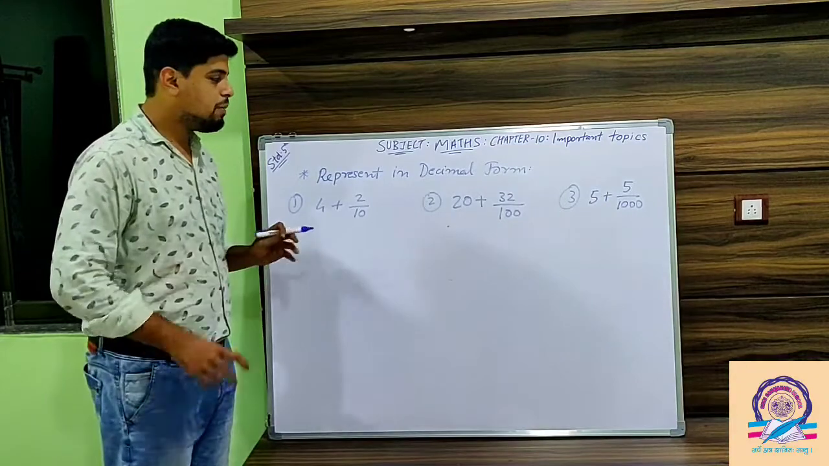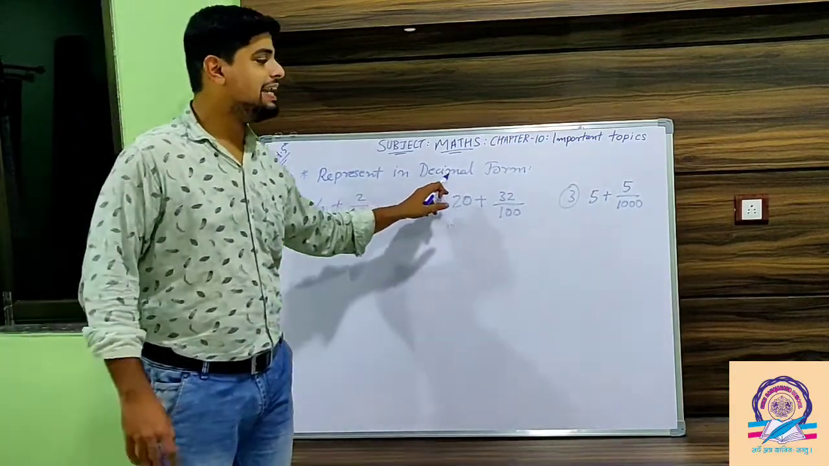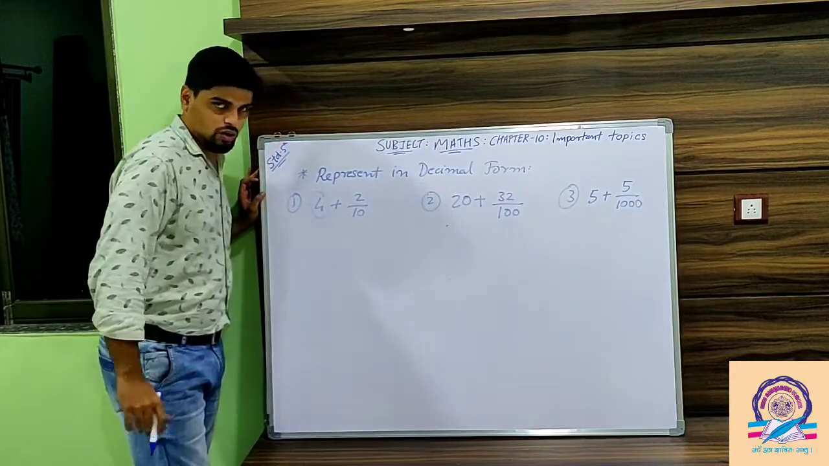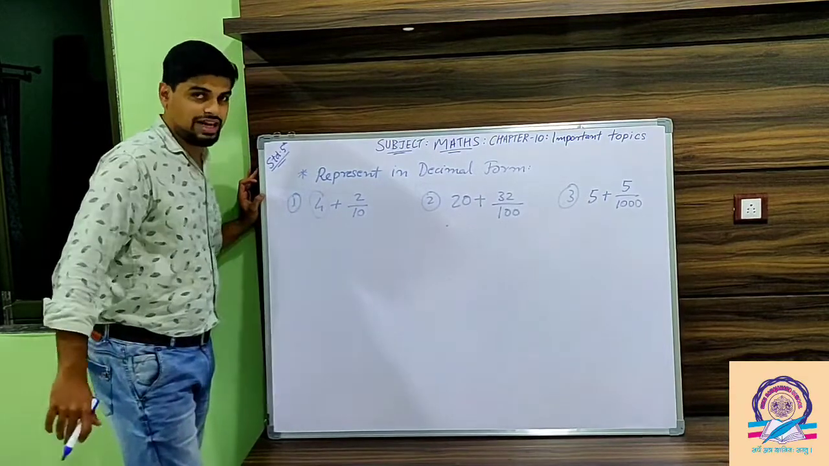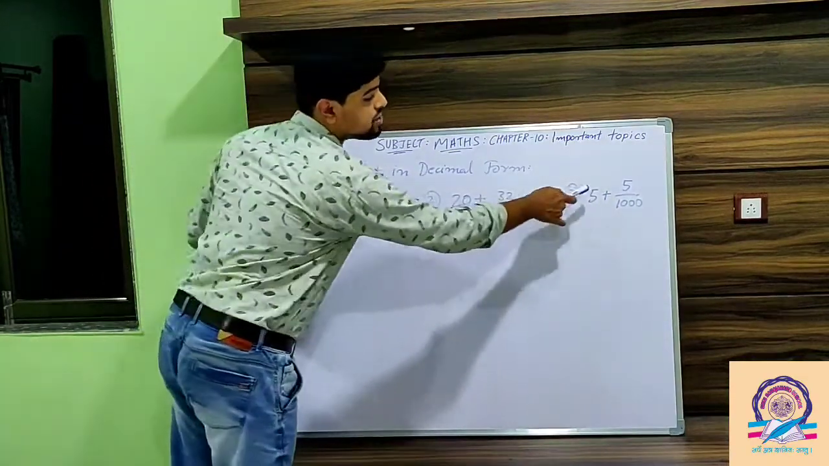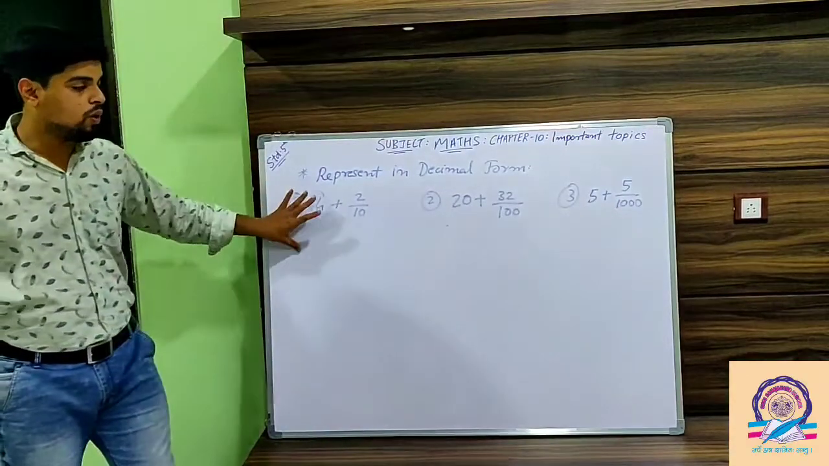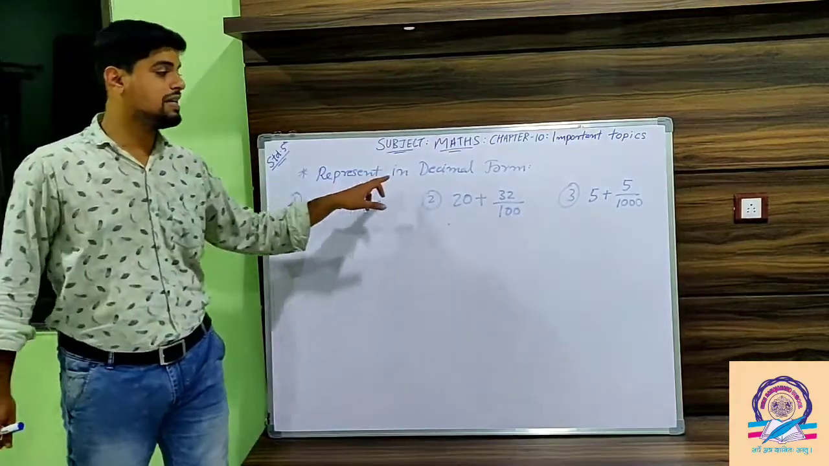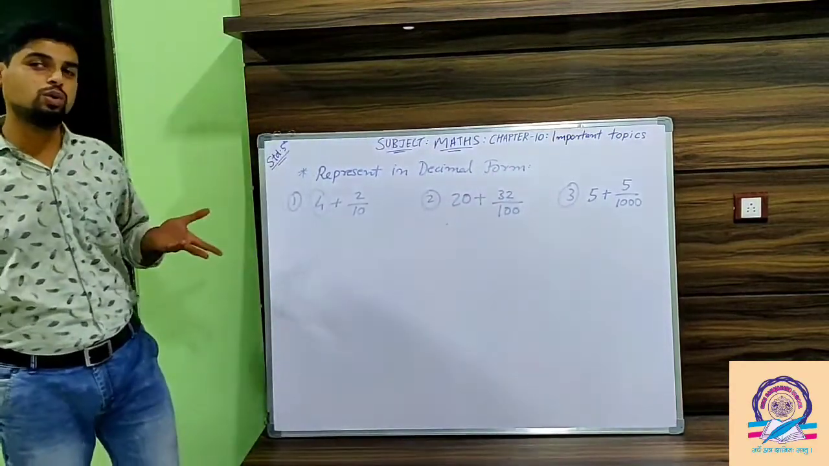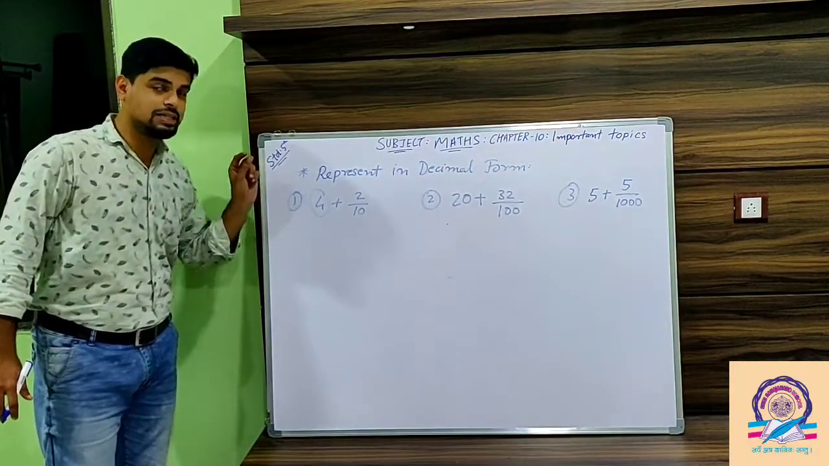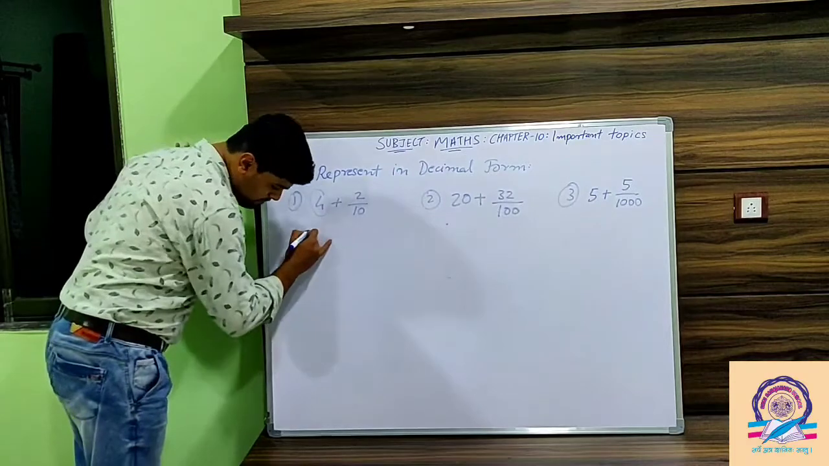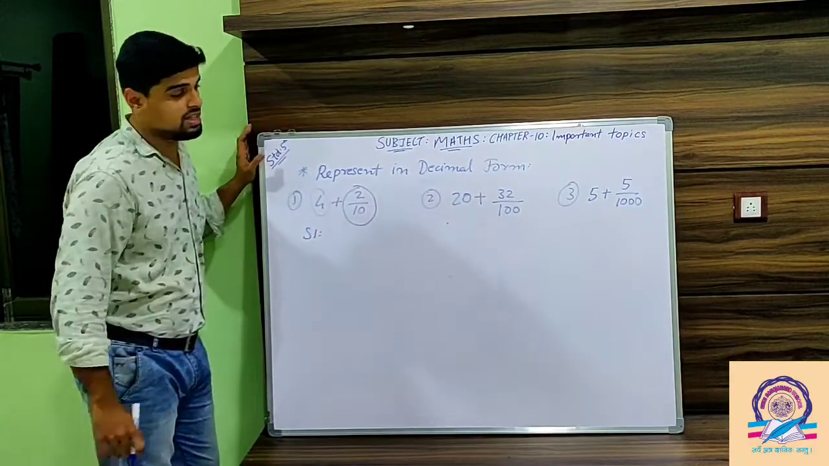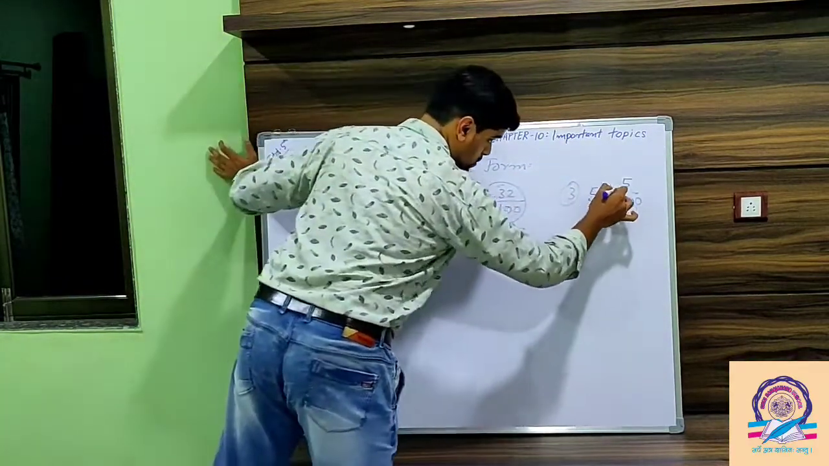Okay, bacha party, last topic of today's video: represent in decimal form. If you are given a question where one integer value or whole number is given with a fraction, in tens, hundreds or thousands, then you have to represent that number in decimal form. So how to do it? It's very simple, the simplest one. In step 1, you have to convert the given fraction in tens or hundreds or thousands